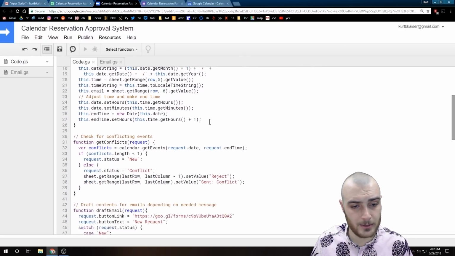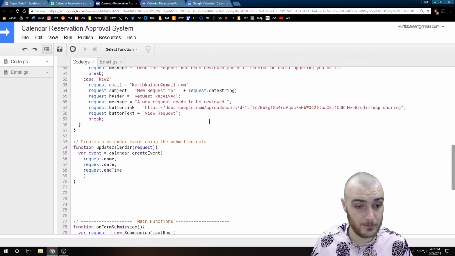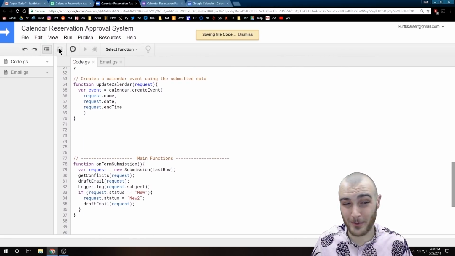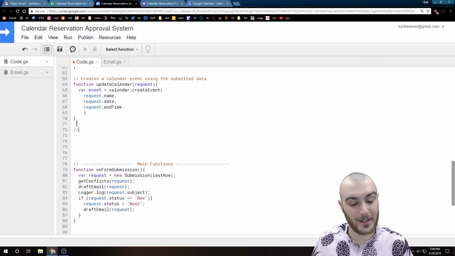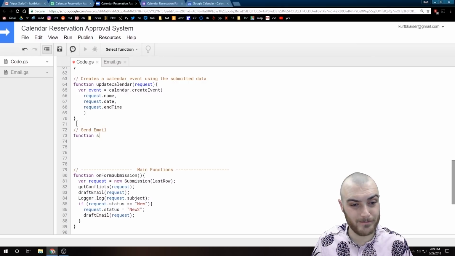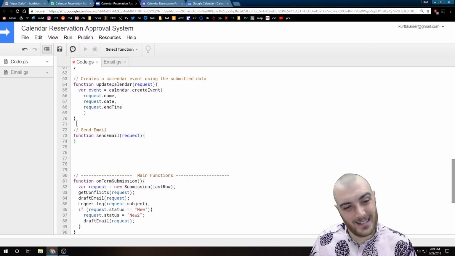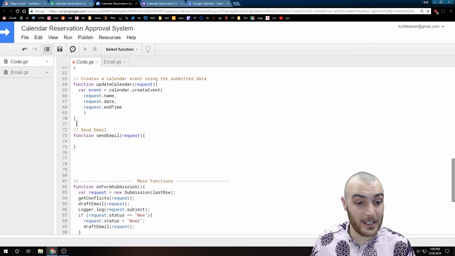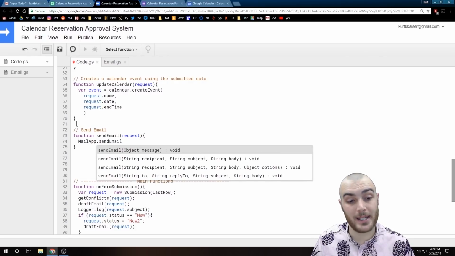And now, maybe I should make the send email function, hopefully. Oop, let's save. Yes, I'm going to go ahead and write the send email function. Function sendEmail. And I named it send email. Creativity, once again. Let's go ahead and put the ending bracket, because if not, I'll forget, as demonstrated a second ago in that on form submission function. MailApp.sendEmail, yep,